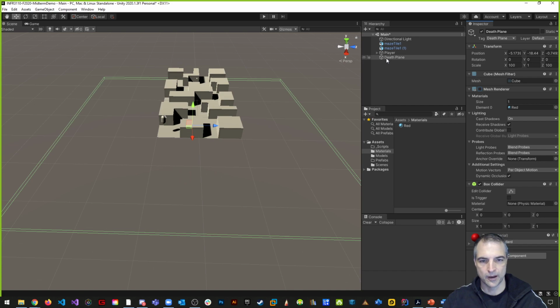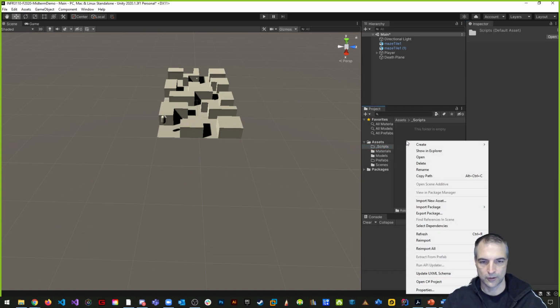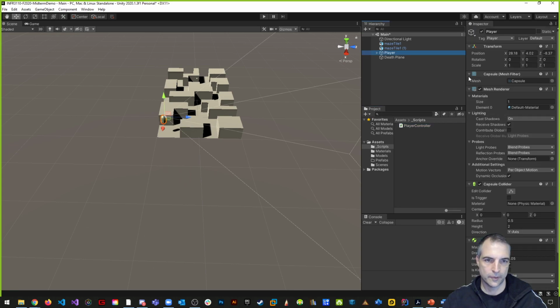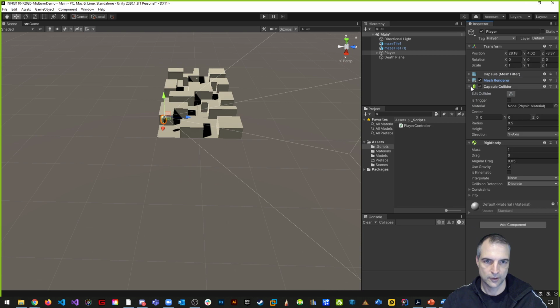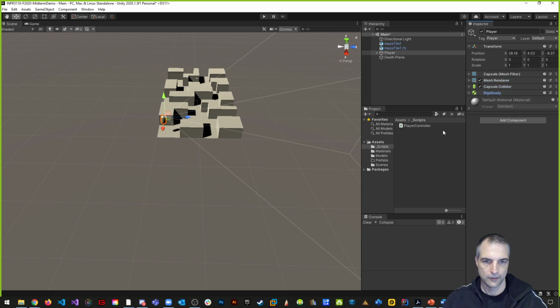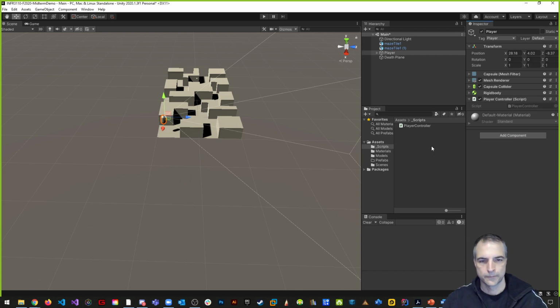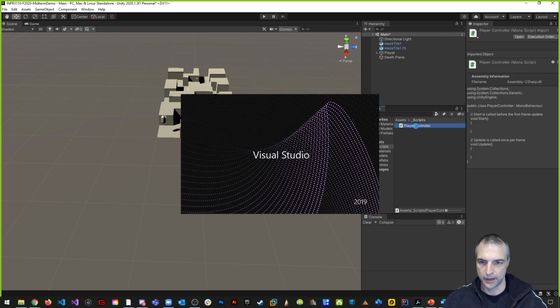So I'm going to make a new script. We're going to call this new script PlayerController. And for the player, we're going to add the player controller onto the player. So I'm just going to hide all this stuff for now, and we'll just say add player controller. Okay, and we'll just double click on this to start a Visual Studio